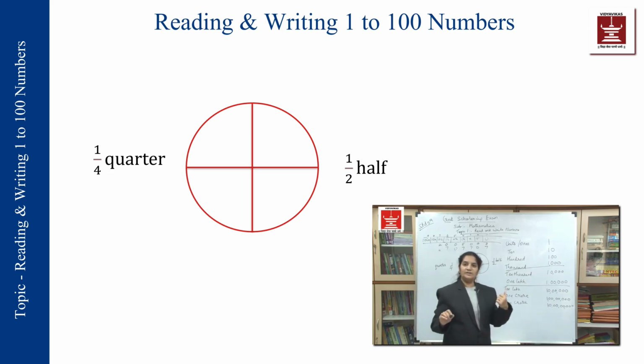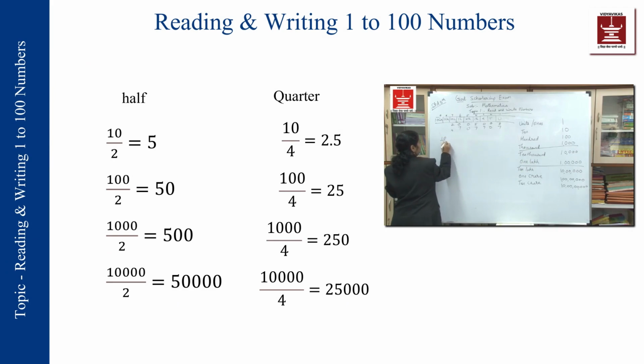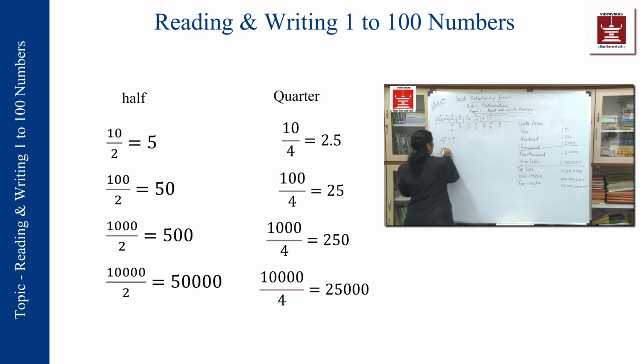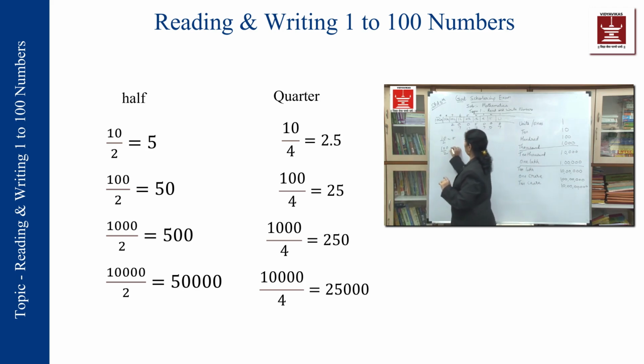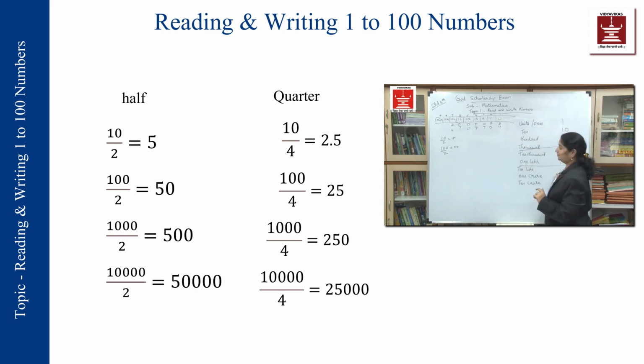As in the case of a figure, we know that the same is considered in the case of numbers also. For example, what is half of 10? So 10 divided by 2 will be 5. So 5 is half of 10. What is half of 100? Okay, so I divide 100 by 2. This will just reduce by a 0. Remember, we'll have a 0 less on the right hand side. The number becomes 50.